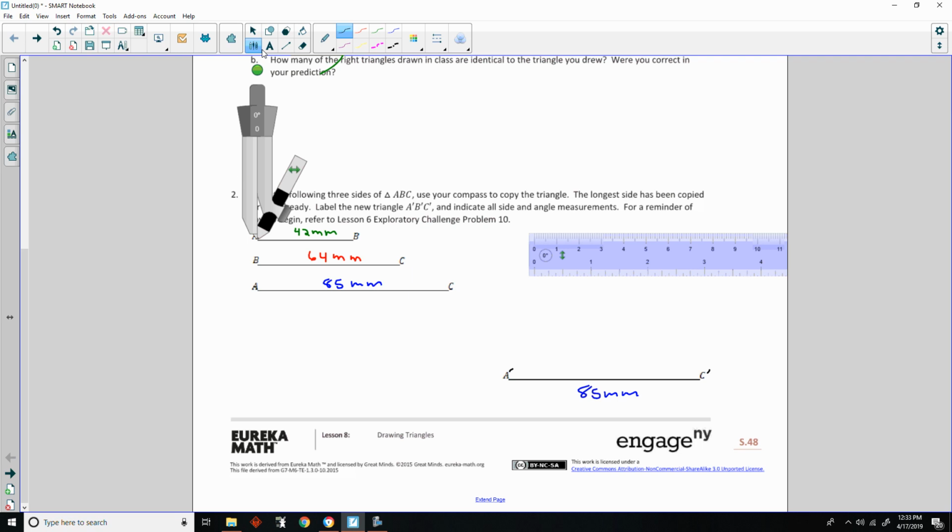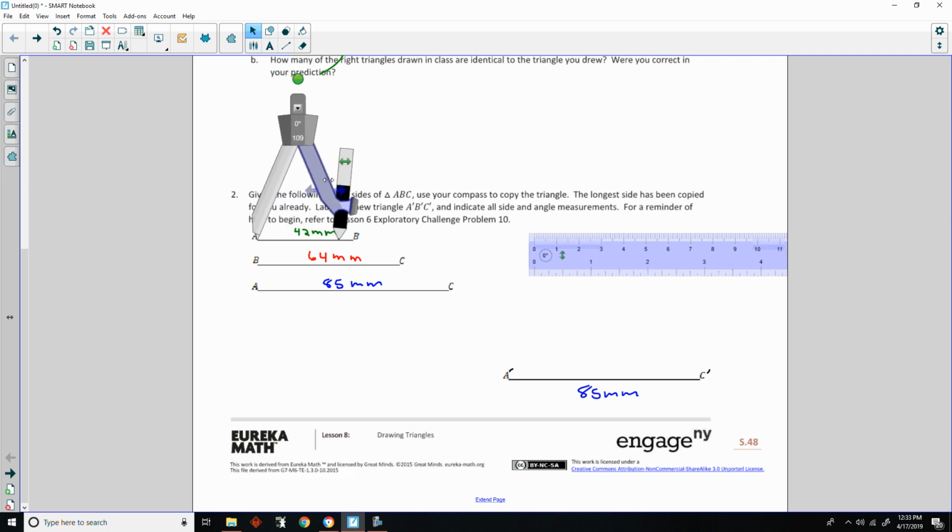All right, let me switch to my pointer here and get this accurate. Right there on A. So I put my compass point on A. I open my compass up so that my pencil is as close to B as possible, which is right about there. I'll change the color of my pen to, let's see,